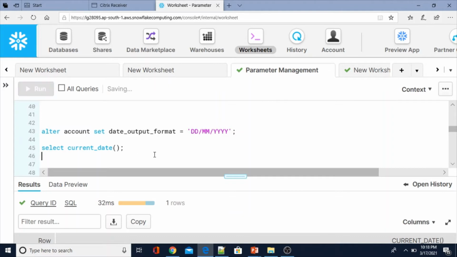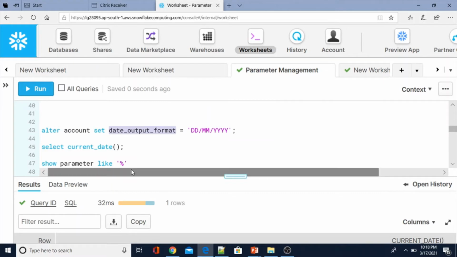Now let me display the account parameter: show parameters like output in account. Let me execute this one.